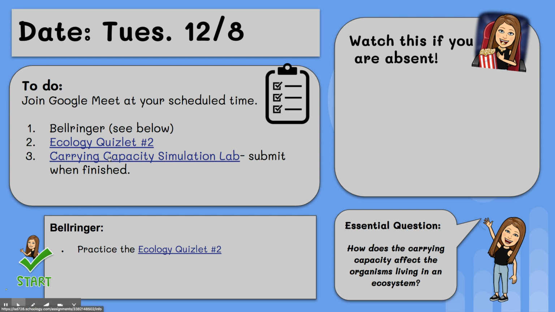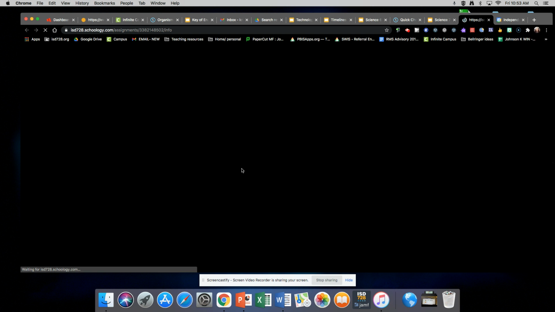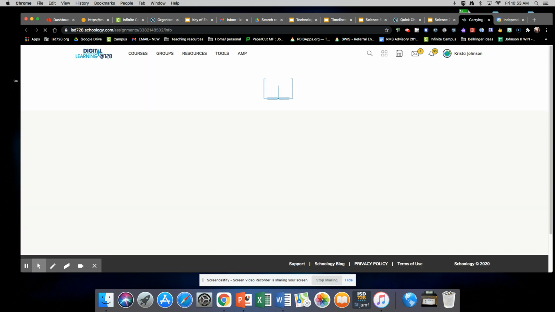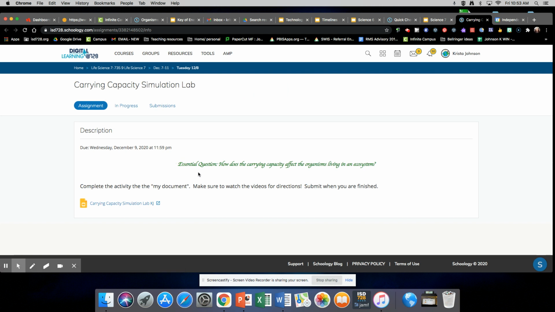Okay. Then what you're going to do is move on to the carrying capacity simulation lab. And this is going to be pretty self-directed. What you are doing is, it says complete the activity under the My document. Make sure to watch the videos for the directions. So when you go into this lab,